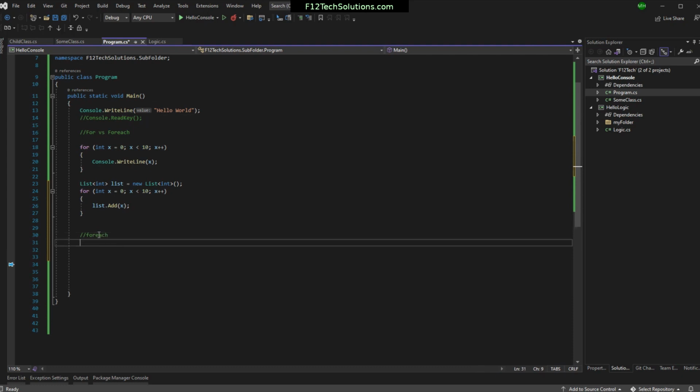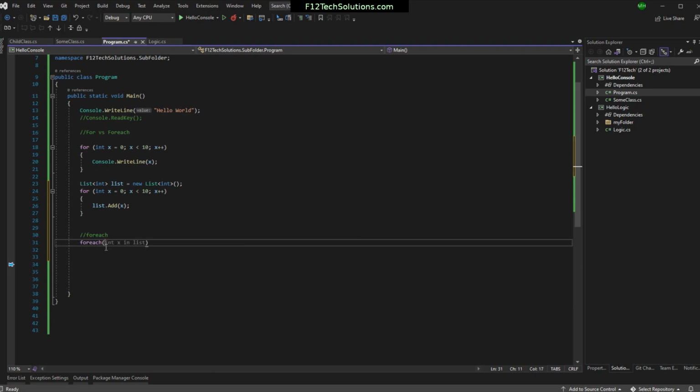There's a lot more overhead on a for each because it's doing a lot of stuff behind the covers. The only thing you can for each over is things that have an iterator, which is a particular interface that it's required to support in order to use it. So you can't use a for each on anything. We can make a for, and we don't even have to have an array. We can just come in here and iterate over these numbers. We just make stuff up. But for a for each,